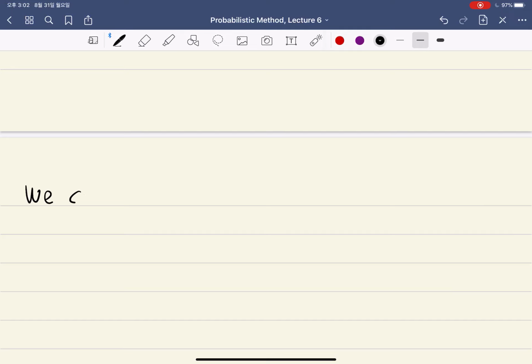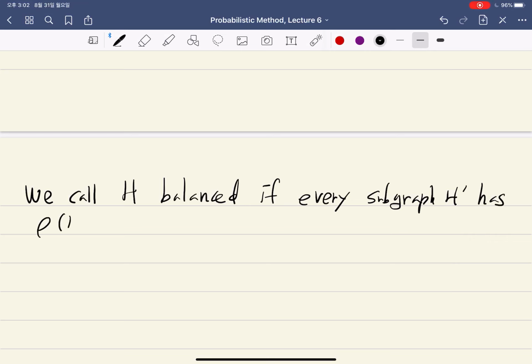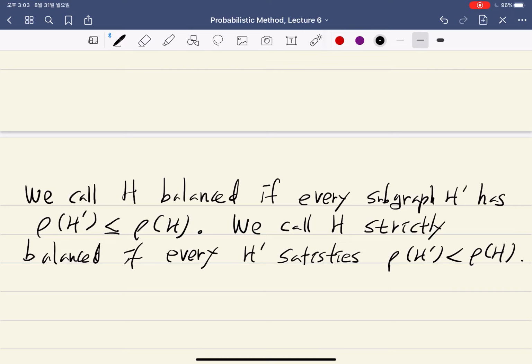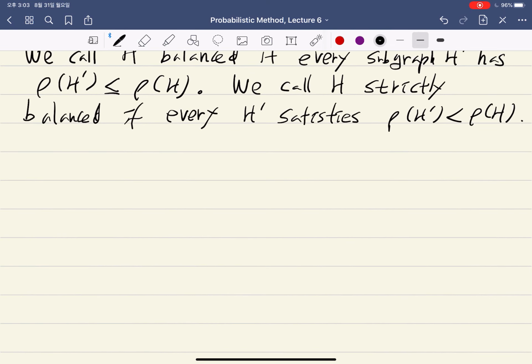And we call H balanced if we have that every subgraph H prime has a smaller or equal density as H, and we call H strictly balanced if every subgraph H prime has a strictly smaller density. So we are considering this because, okay, considering these two cases,